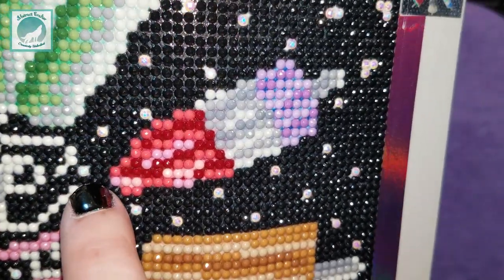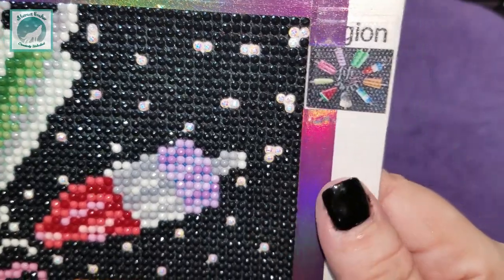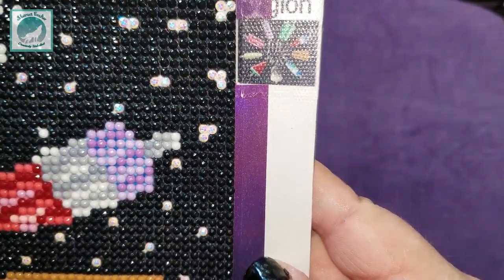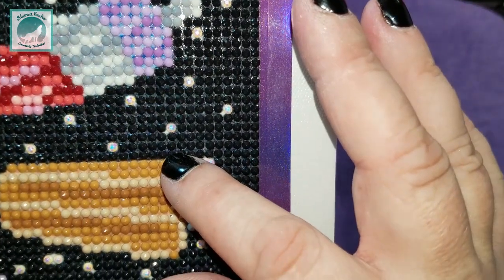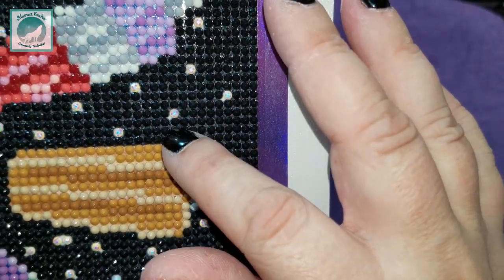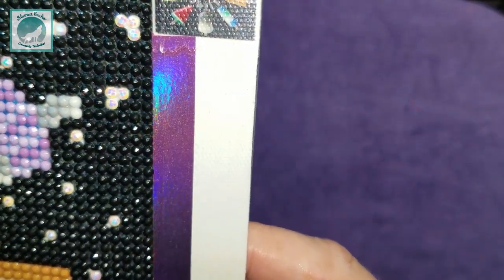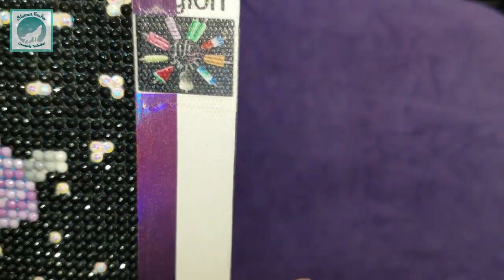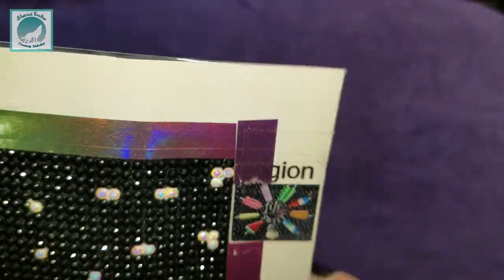Some of the black ones have little tabs that stuck out on them. With rounds, it's not a big deal because you can push that little piece of tab in between where the space is empty. Whereas with squares, if that were to happen, it would just be a done deal. I'm trying to find one, but if I don't find one really quickly here, I'll just...